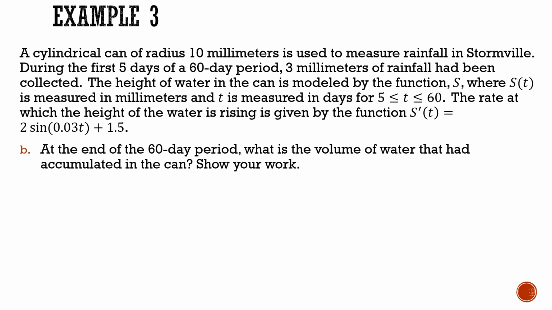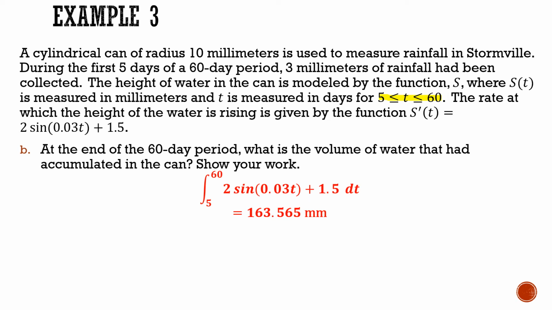All right, so same exact example. This time they want to know how much water we accumulated in the 60-day period. So I'm going to set up an integral for this. Now, again, my mind is telling me since they want the whole 60-day period to do an integral from 0 to 60. However, I can't do that because the formula they gave us was only for t being between 5 and 60. So when I set up my integral, I'm going to do the integral from 5 to 60 of my function dt. Again, I'm going to throw this into my calculator and I get